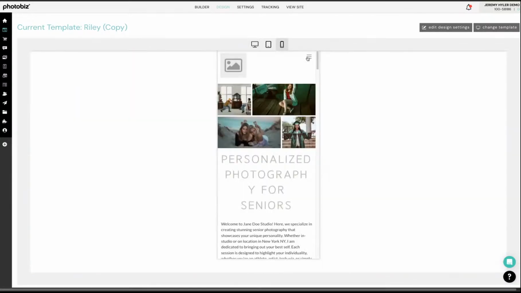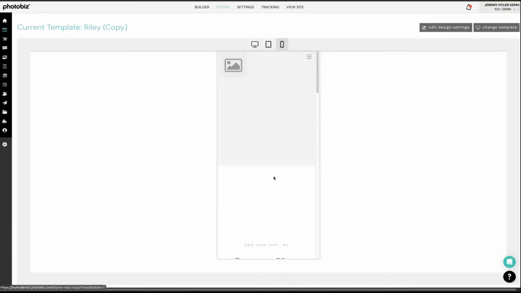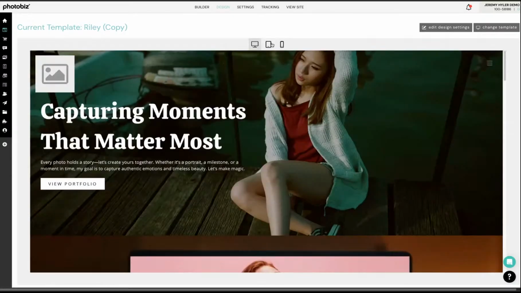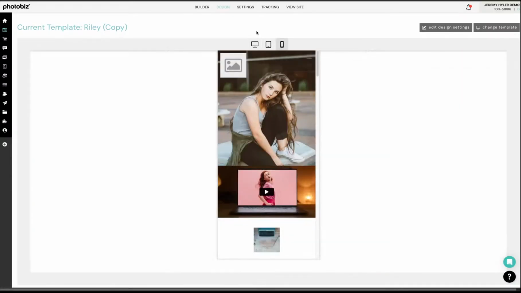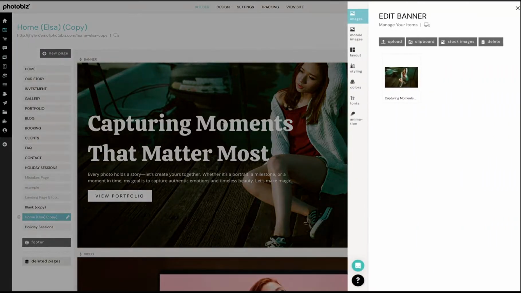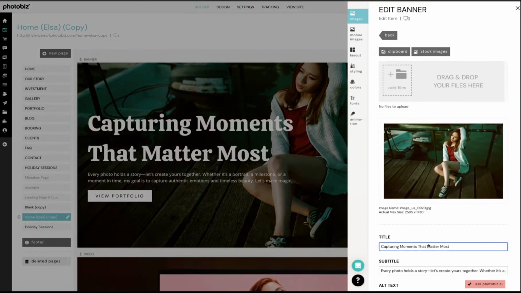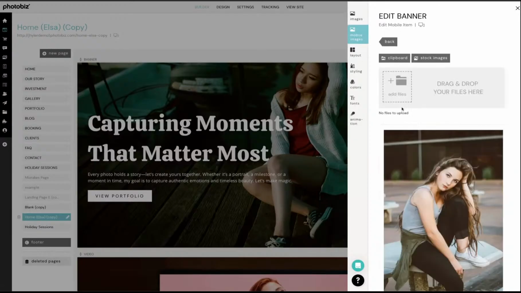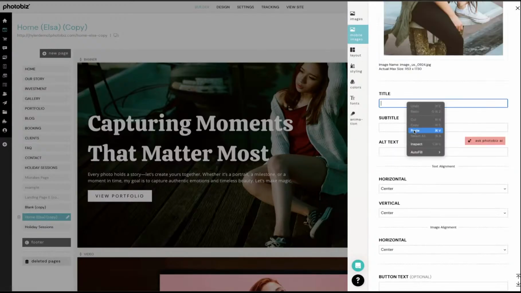There's the desktop. And then here's our mobile version. And you can see the unique differences between the two. If we wanted to, we could add text over this as well. You just go over to that block. You'd click on the image. Maybe you want to take the same text. I'm going to copy just this part for now so you can get the idea. Go over here and then just add it in as the title